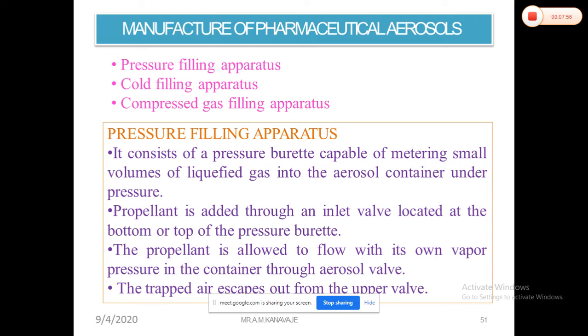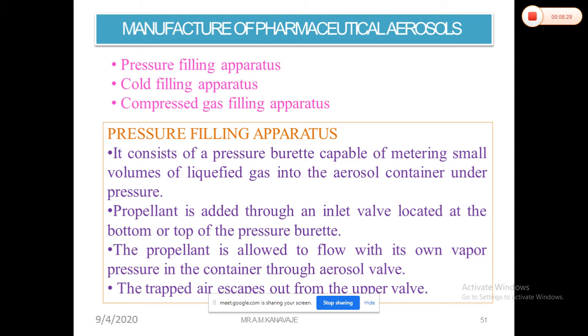Once the propellant is added, the product is sealed into the container with the valve, and you can detect problems with the various quality control tools, because early detection prevents the loss of other components. This also makes it possible to correct a rejected batch instead of discarding it. So this is the step. Now we'll discuss the process that takes place.